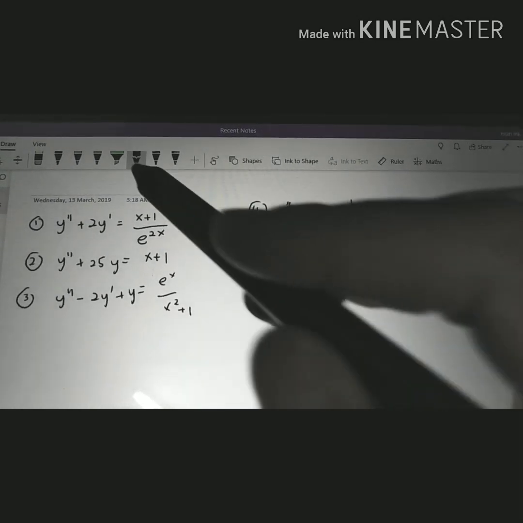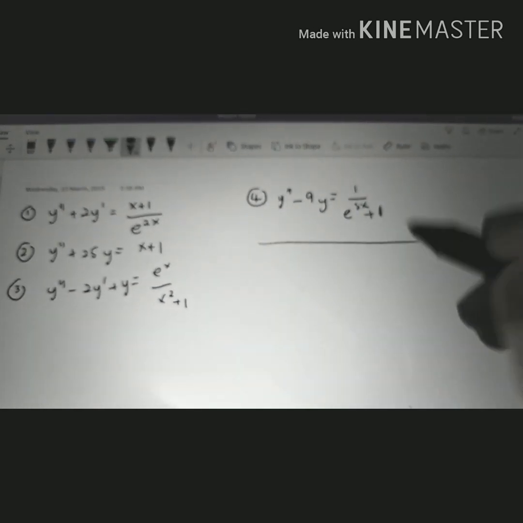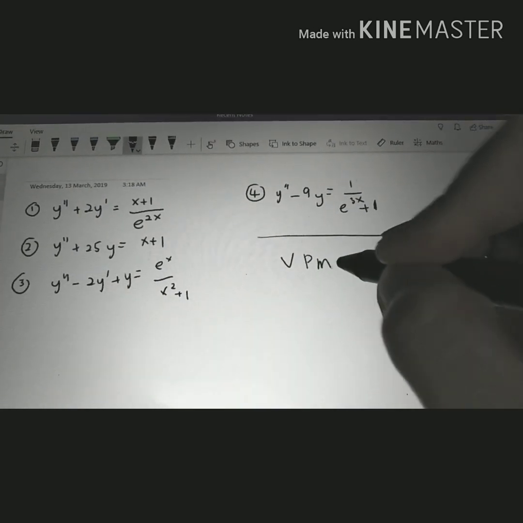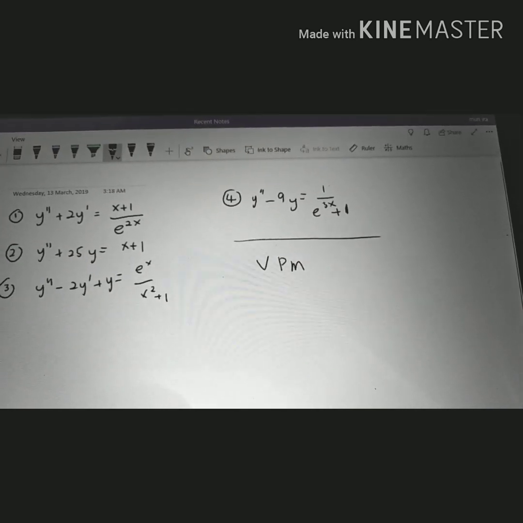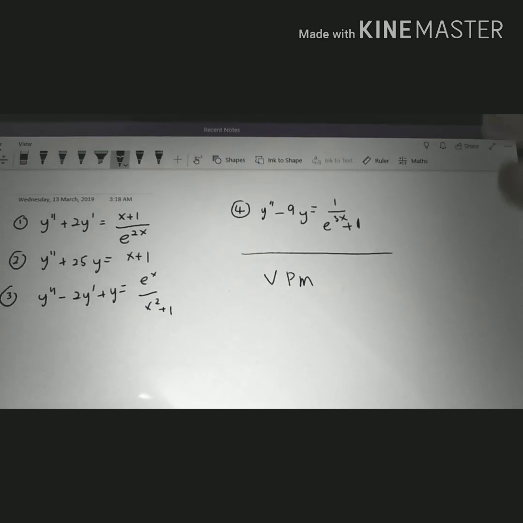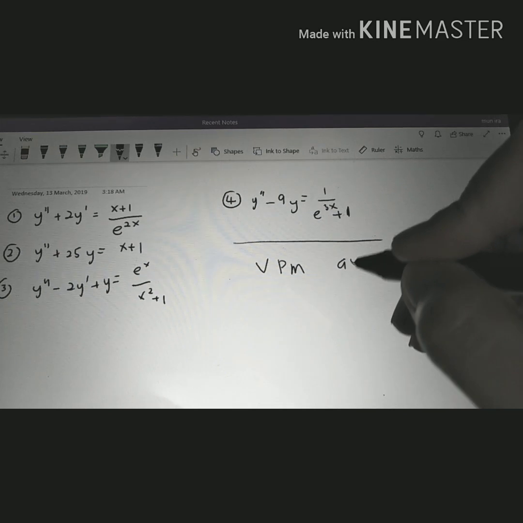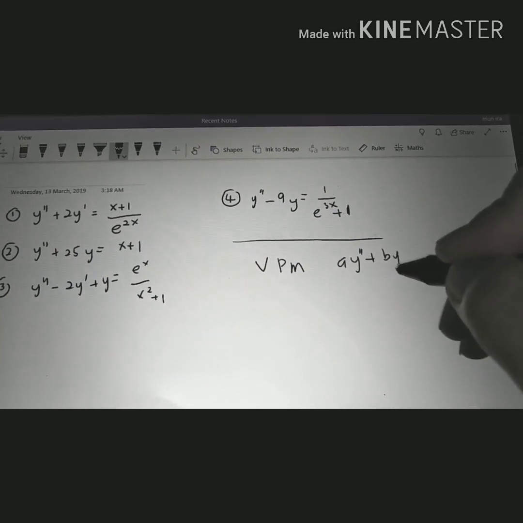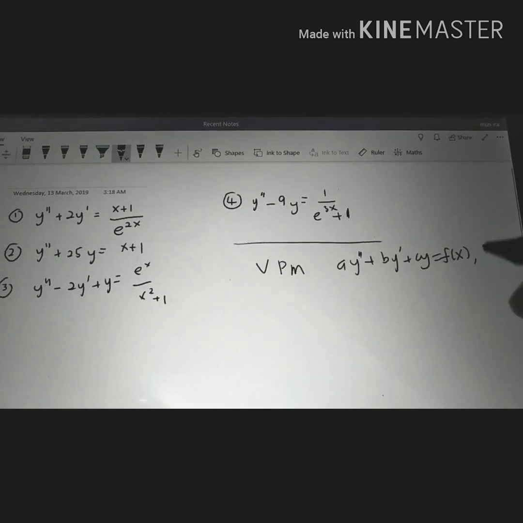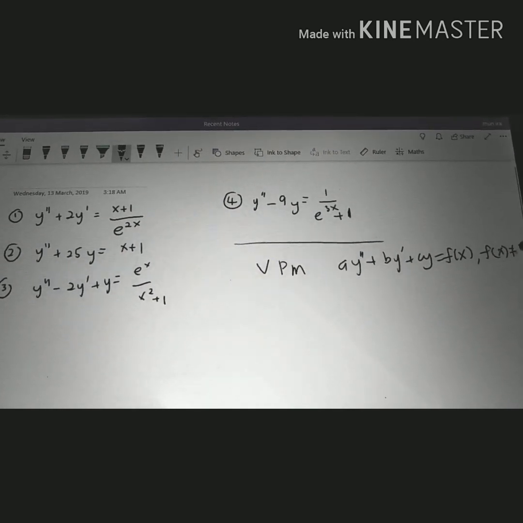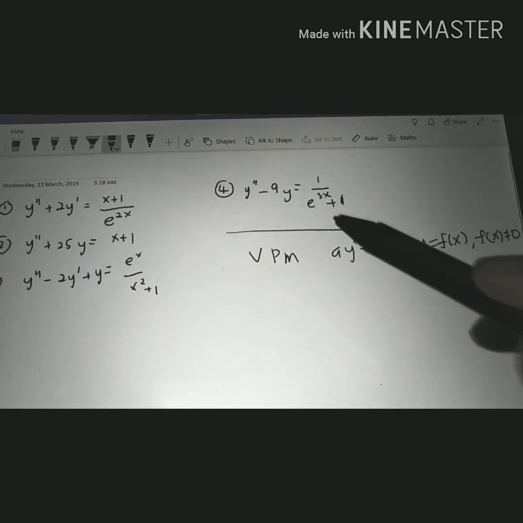Hi. So this morning I would like to discuss the variation of parameters method. The most important thing is you need to know that the general equation is a y double prime plus b y prime plus c y equals f(x). Okay, and then your f(x) is non-zero, therefore we can solve this kind of equation by using variation of parameters